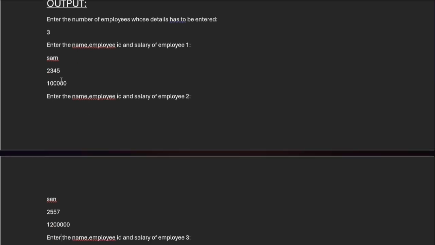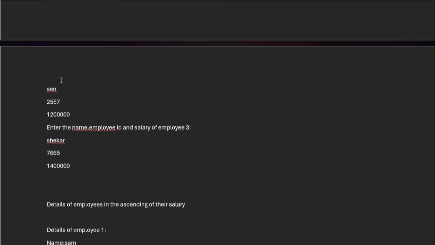And I had also given the other 2 examples. And the output